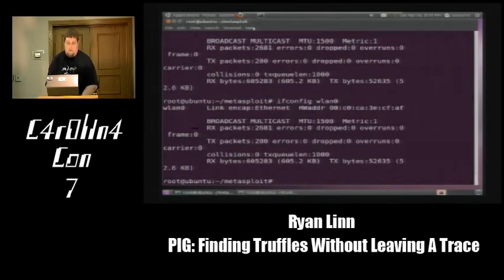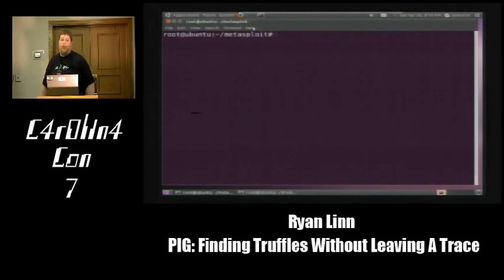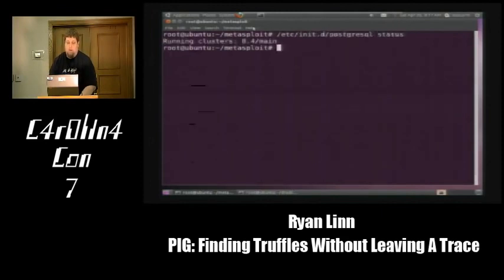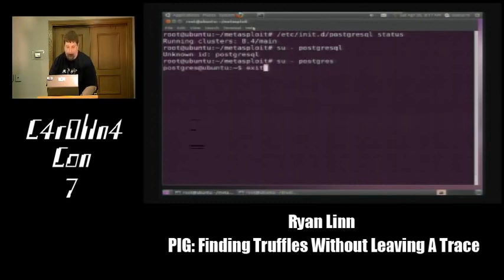So first of all, Metasploit uses the Postgres database now by default. So if you need to create a Postgres database, you want to make sure that Postgres is up. And in this case it is. And then you want to just create your DB.